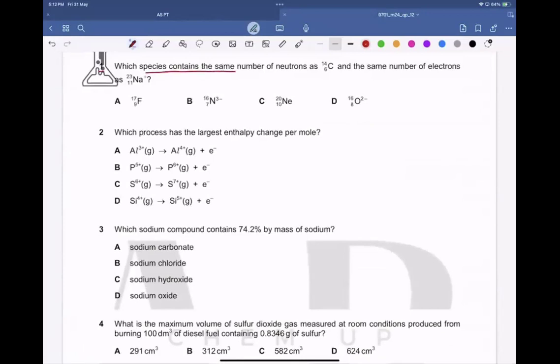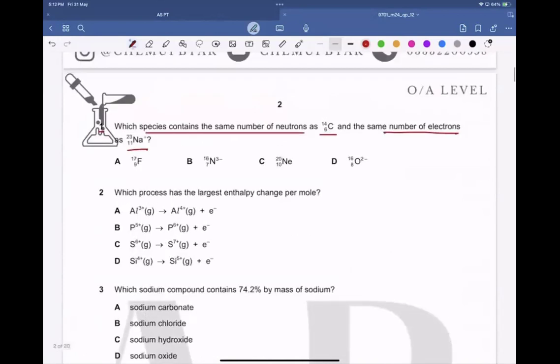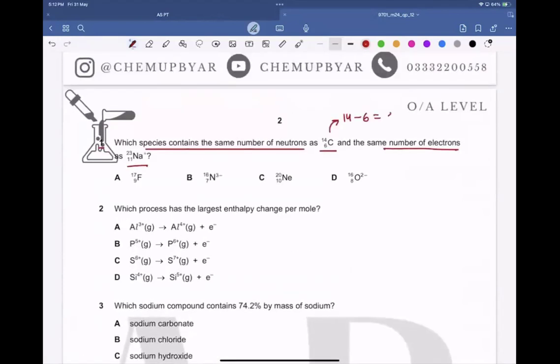Which species contain the same number of neutrons as carbon-14 and the same number of electrons as sodium ion? Okay, so over here, number of neutrons would be 14 minus 6, which means 8. And over here, there are 11 protons and a positive charge, which means 10 electrons. So we have to figure out